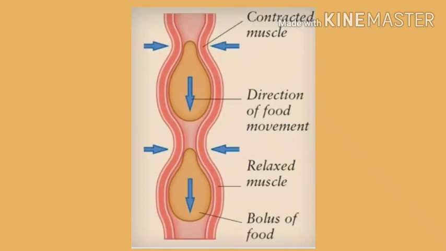From the diagram, it is clear that there is a wave-like movement of the esophagus, and this movement is possible with the help of the muscles of the food pipe, or the esophagus. The contraction and the relaxation of the muscles help in this movement. Peristalsis also occurs in the stomach for the digestive process.